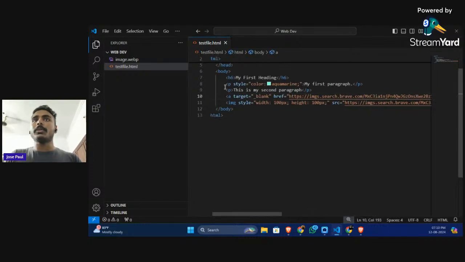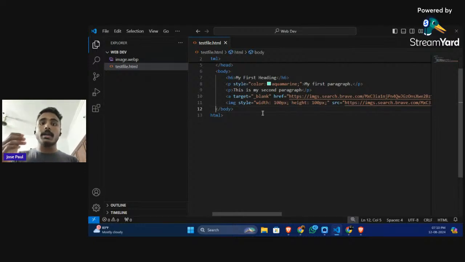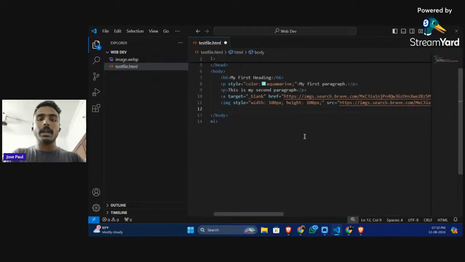So these are some of the tags up there. There are many other tags available in HTML. There is no need for us to go into every single HTML tag out there. If you need to learn about many other tags, you can always get into W3Schools. They teach some cool tags up there. Now, other thing I would like to show you guys is